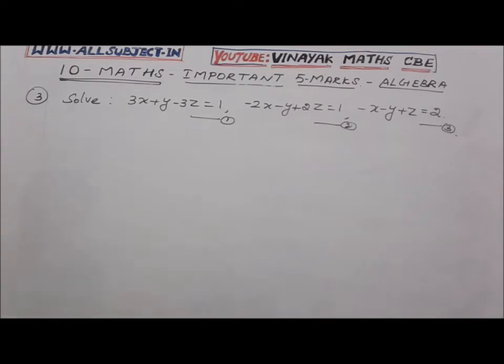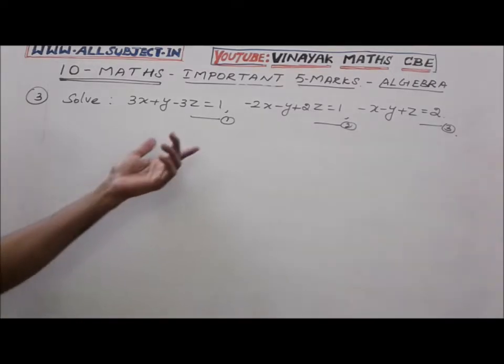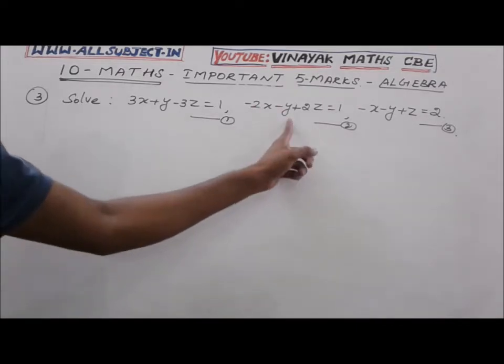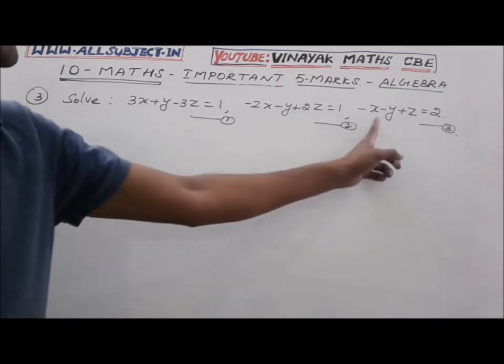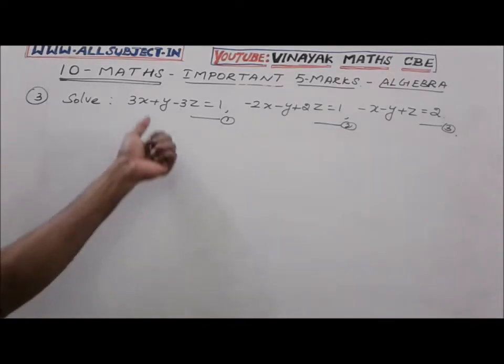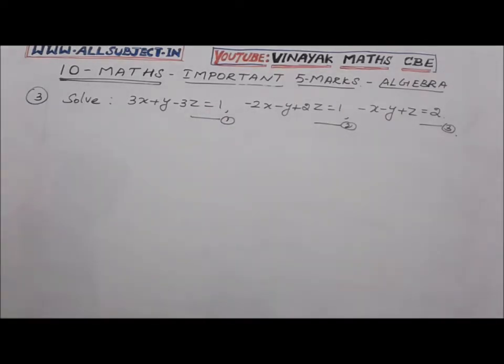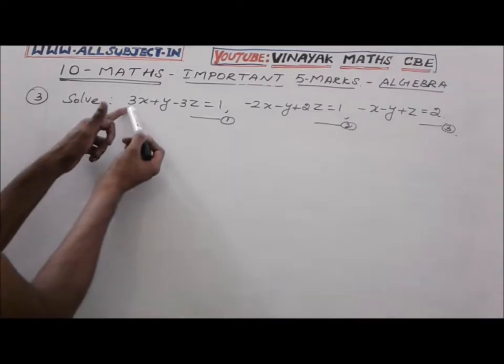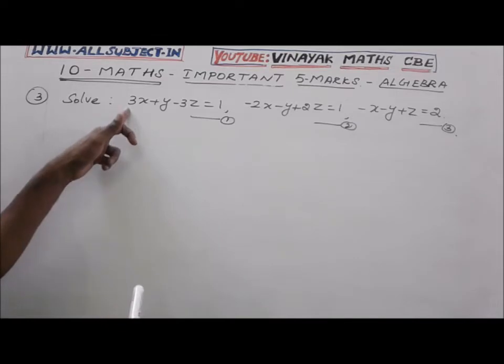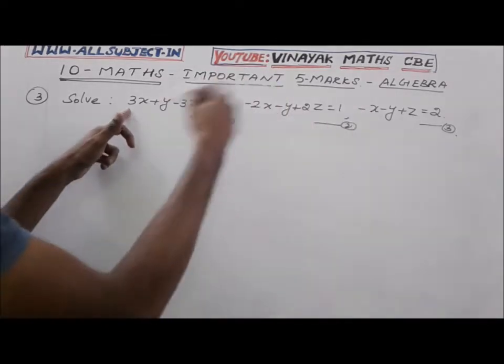Now the third, a 5 mark question. There are three equations again: 3x plus y minus 3z equal to 1, minus 2x minus y plus 2z equal to 1, minus x minus y plus z equal to 2. We should eliminate any one variable first. For that I am choosing 1 and 3. Here we have minus x, here we have plus 3x. So multiplying by 3, we can eliminate